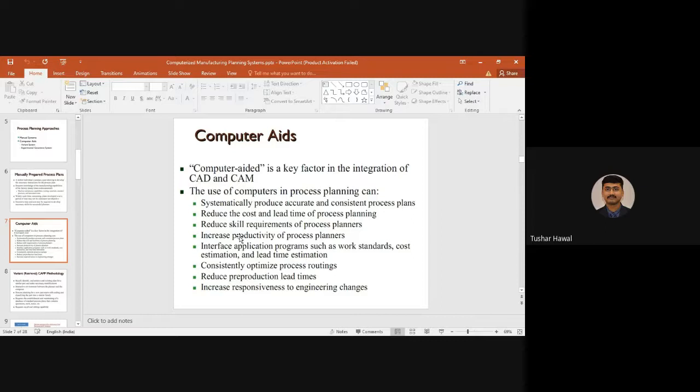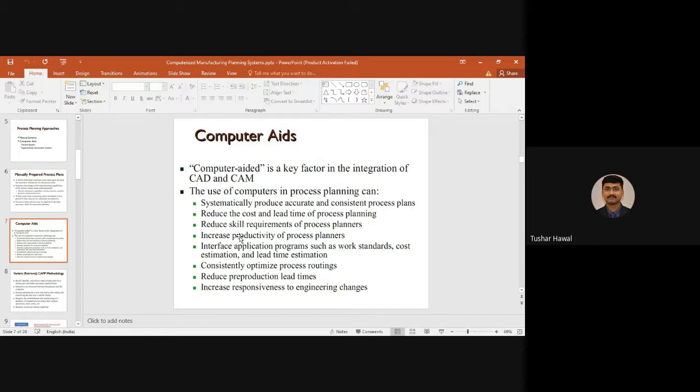These things are all needed, because if they are planning to take up an order in the future, they should be in a position to decide whether the ongoing product they are manufacturing at their industry will get over by that time, or whether it is going to require more time, or what the approximate date is by which this product can get over and they can start with the next order. So all those things they need at just a click of a button. All those things can be done with the help of computer aids.